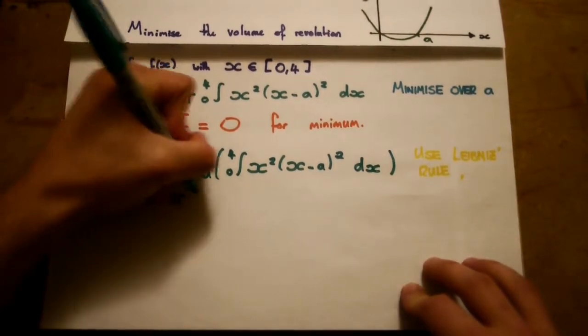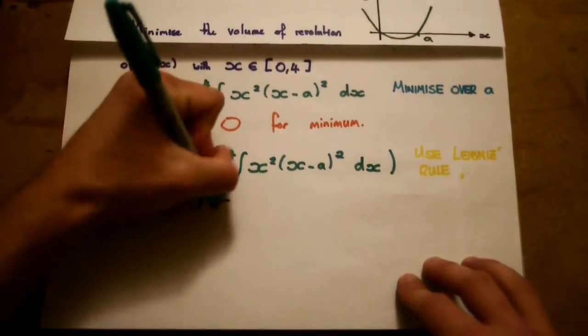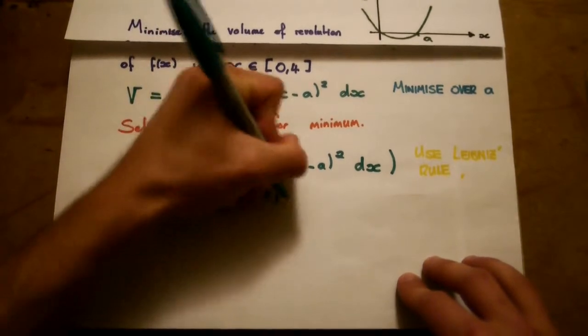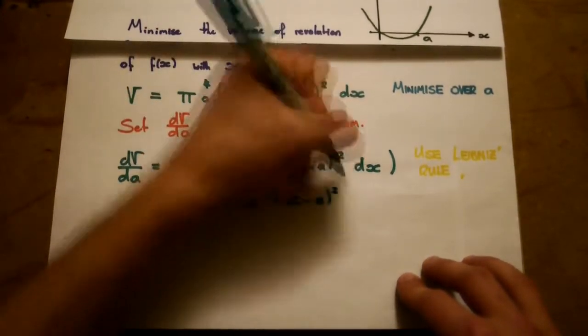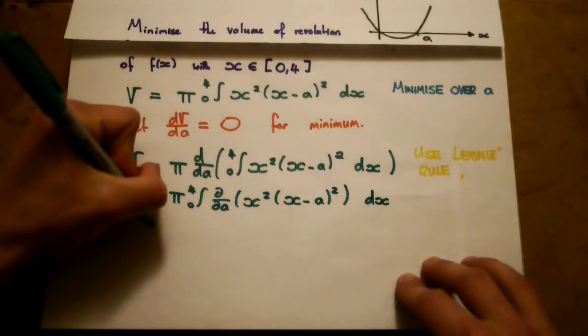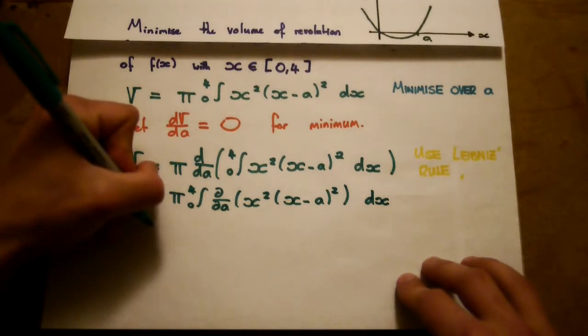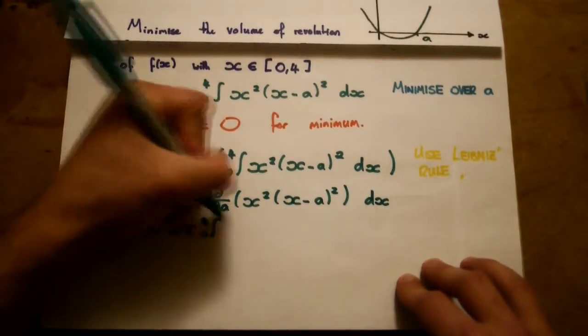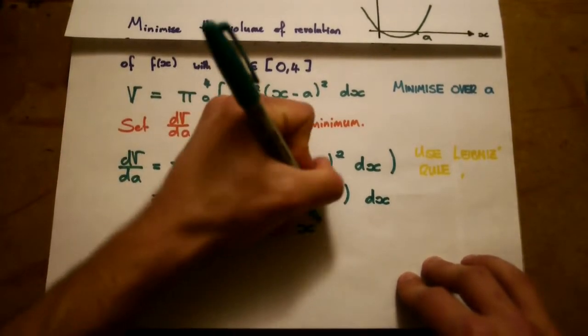We have now π multiplied by the integral from 0 to 4 of the partial derivative with respect to a of x squared times (x minus a) squared. The only term involving a is (x minus a) squared, and its derivative is minus 2 times (x minus a). And so we have 2π multiplied by the integral from 0 to 4 of x squared multiplied by